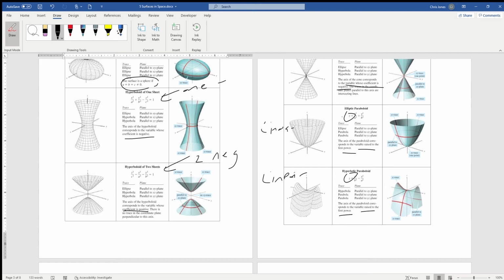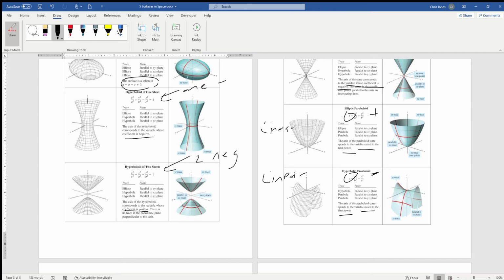And the only difference between the elliptic paraboloid and the hyperbolic paraboloid is that in the elliptic paraboloid, all the terms are positive. In the hyperbolic paraboloid, one term is negative. All right, so